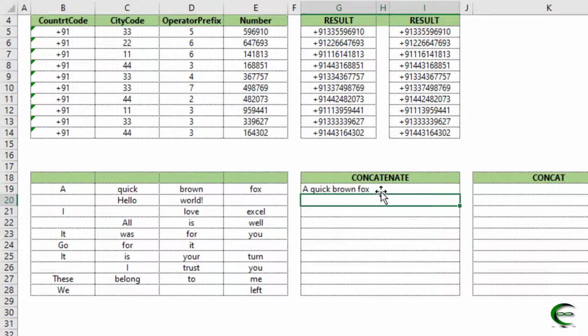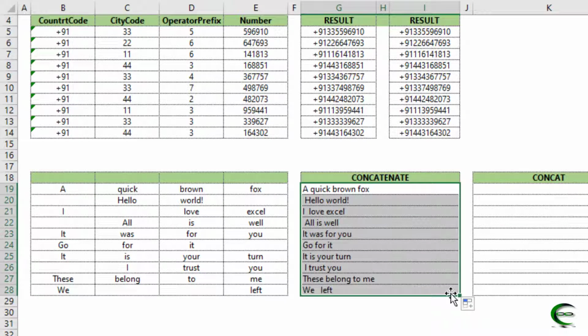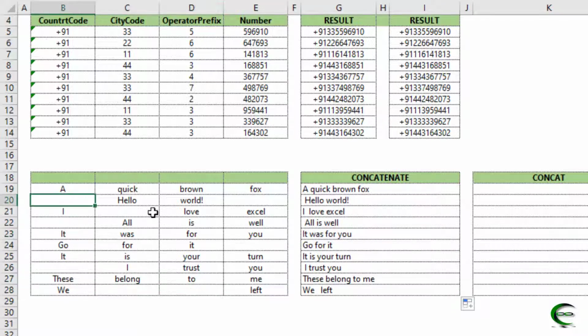Enter. Our sentence is ready. The one problem is that wherever blank cells are there, the sentence also has blank spaces, unwanted space, which we need to remove.